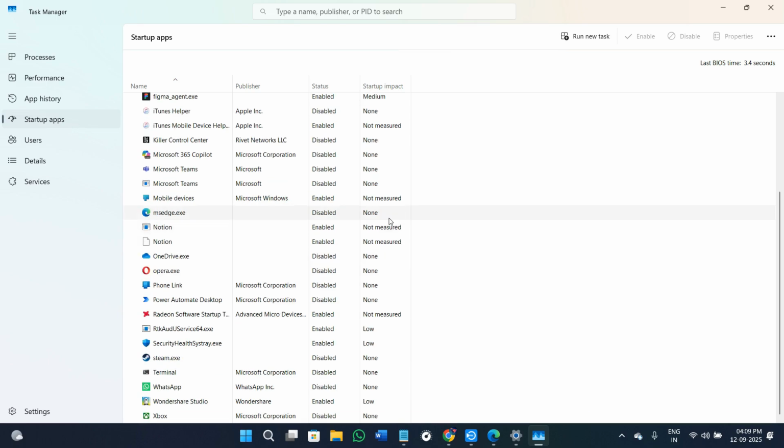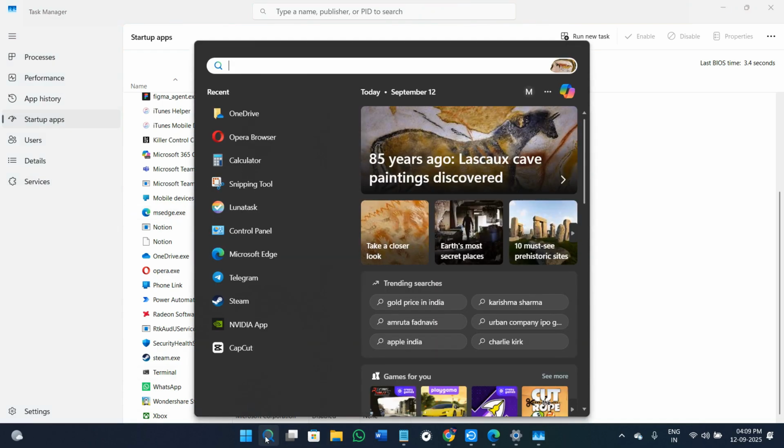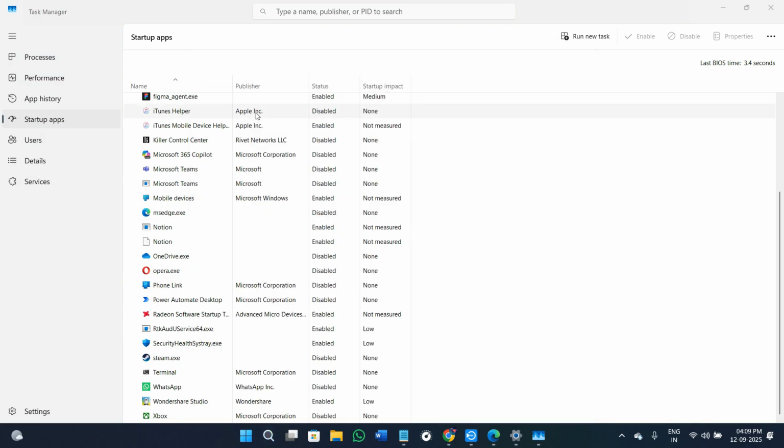The third thing that you can do is, if you want it gone completely, you can just simply uninstall it. For that, you can just use the search bar here in the bottom. Then when you search for OneDrive, you are going to see the uninstall option, so you can uninstall it from here.